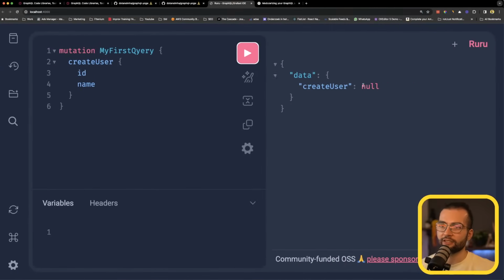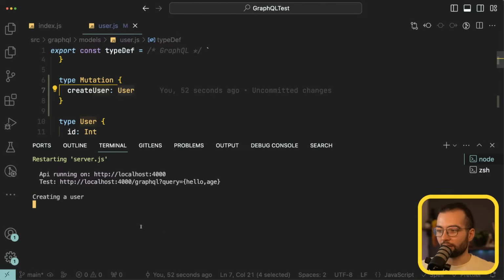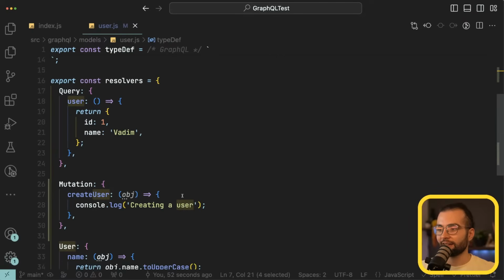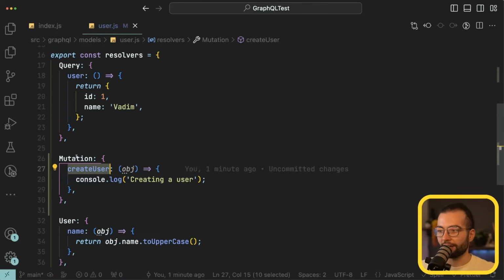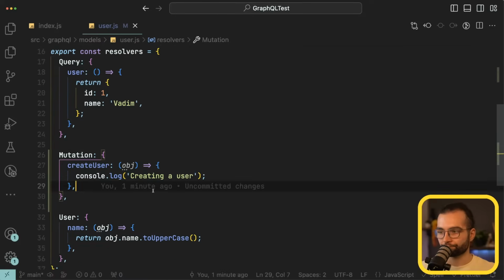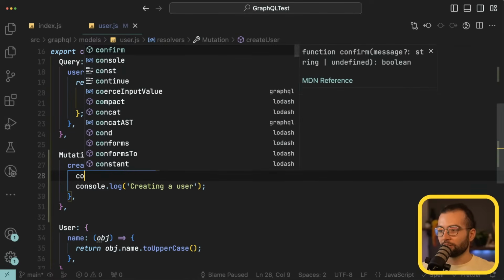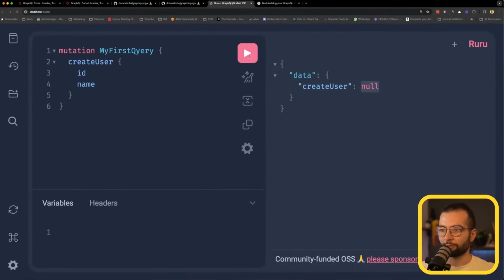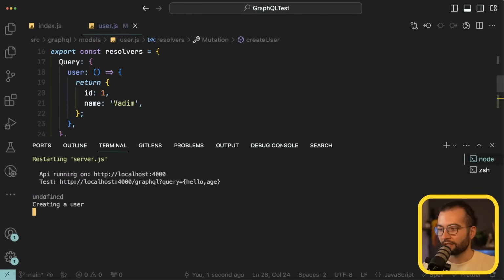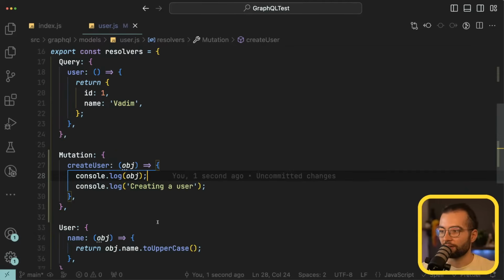So if I execute it, it's going to be null, but in the console log, we see creating a user. That's already good. That means that we are correctly executing this mutation. If you see the create user, if not, double check the names and where you create this mutation resolver. Now, if I do here console log object, actually I don't need it, but just curious what it is. If I run it, we see that it's undefined because